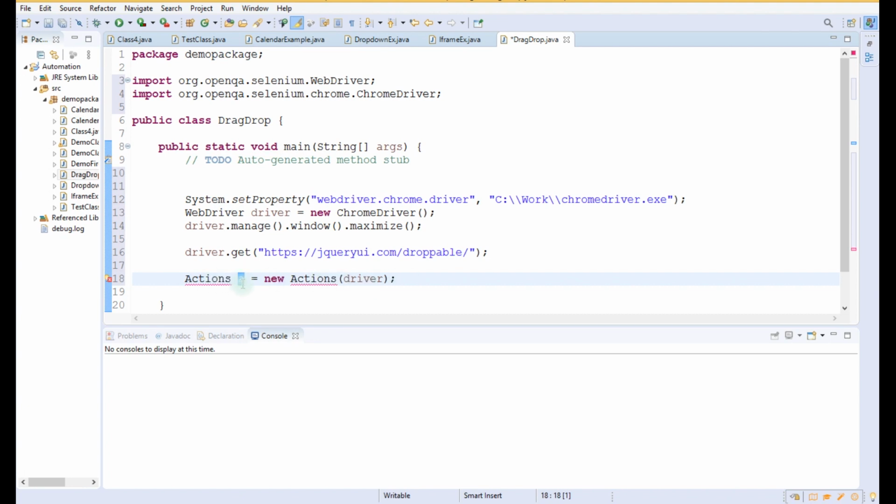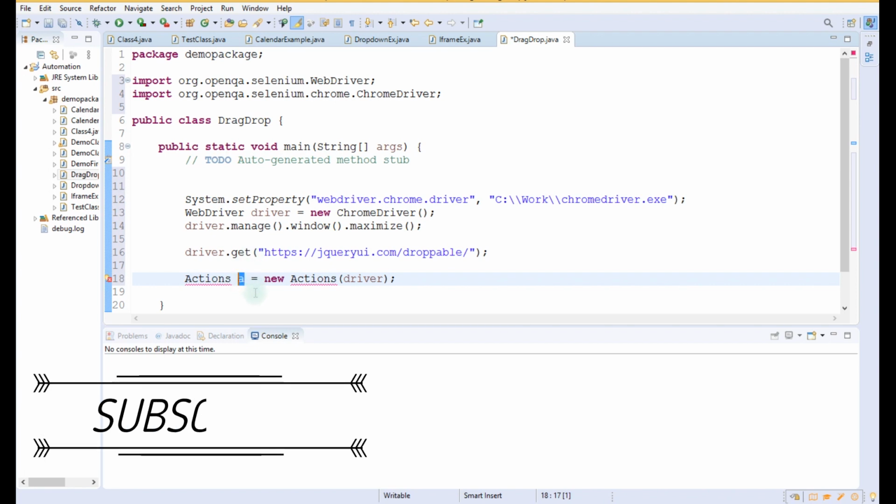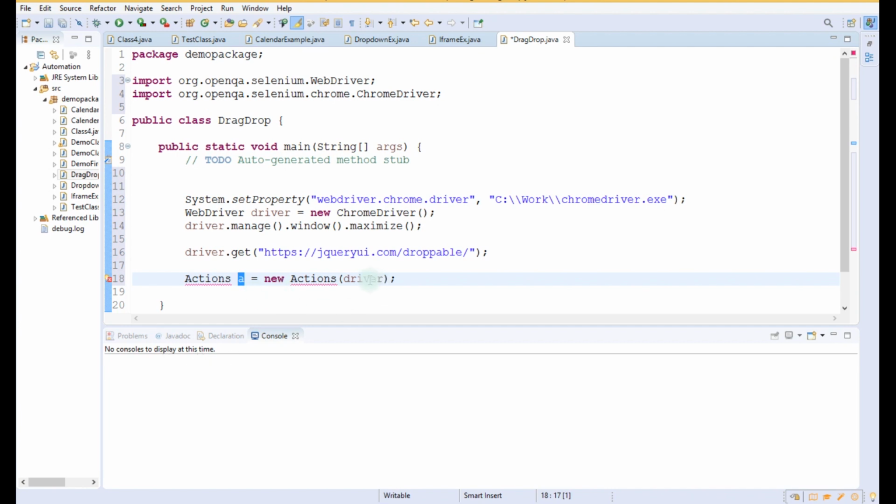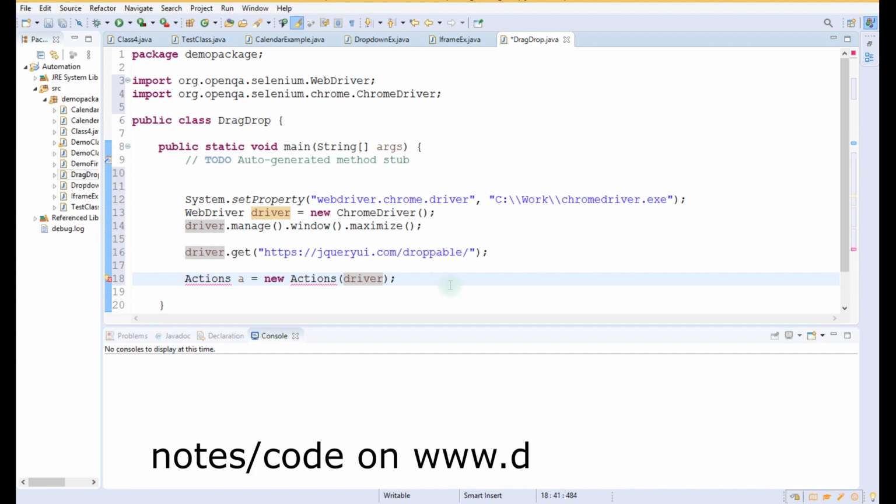It means this object will have all the capabilities for automating the web elements or the web page that is opened by this driver, which we have passed in the arguments. With the help of the Actions class we can automate all the actions that are performed by the mouse or keyboard. This is the functionality present in Selenium by which we can automate the actions of mouse or keyboard using the Actions class.